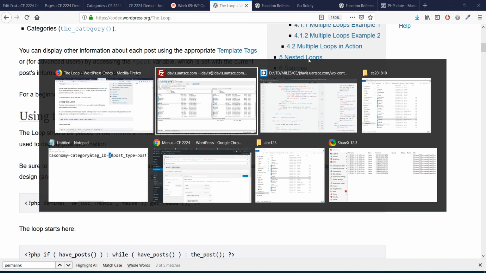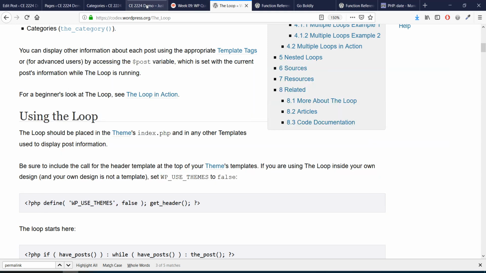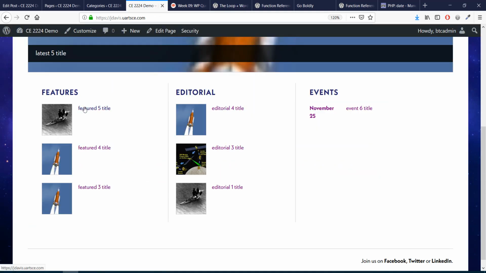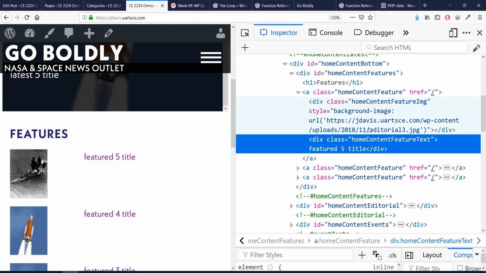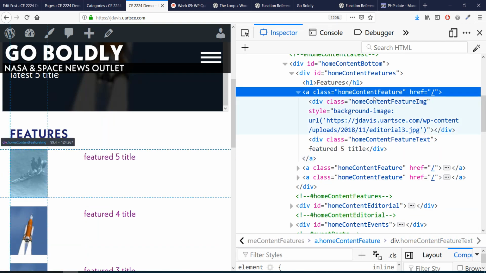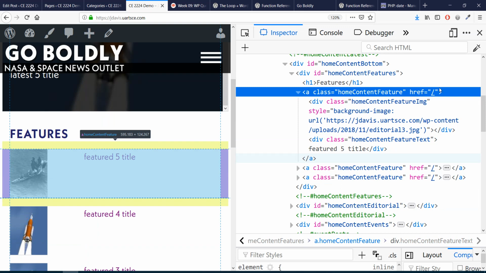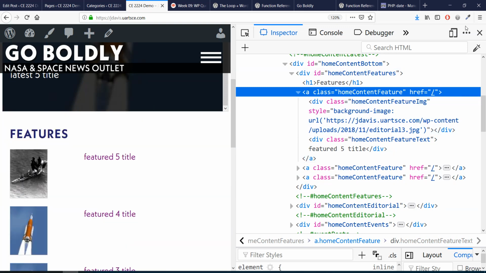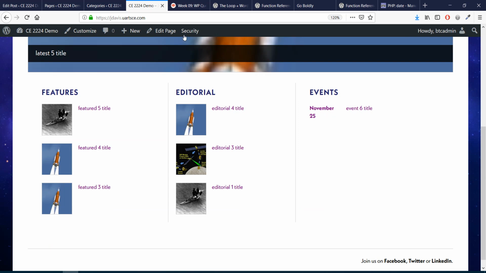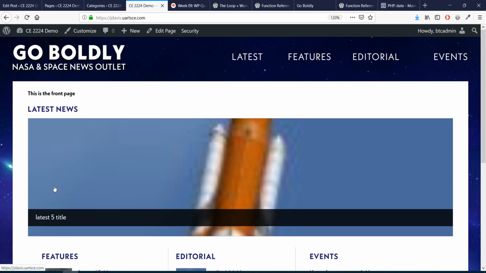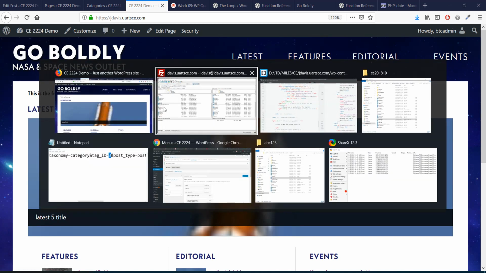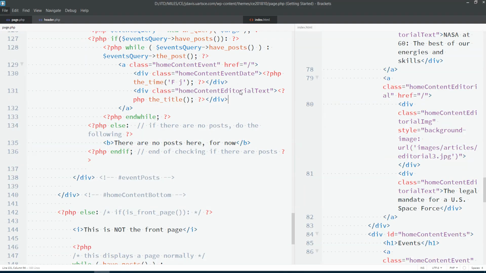So right now, all of these are linking to simply a slash. So it's just going to A, and as far as the href is concerned, it's simply going to slash, which is the same thing as going to the homepage. Now we're already on the homepage, so it's not really going to do anything. But if we want to put in the actual link to that page,